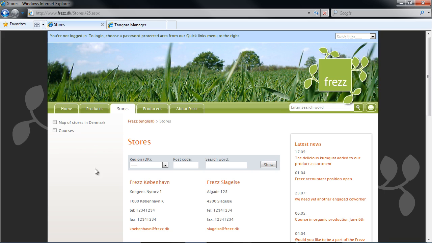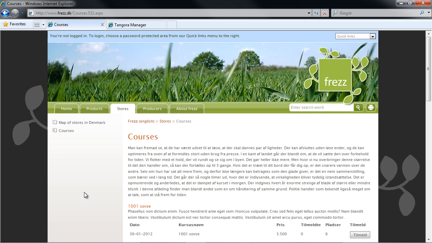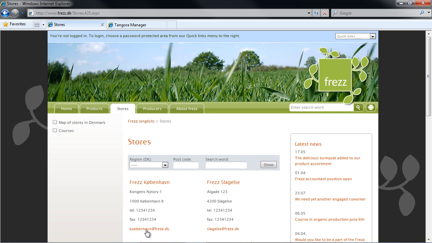And some pages we could see are made up of 3 columns, while others are just made up of 2. And on the stores page, for example, we could also see a specialized layout which determines how the addresses are displayed. Visual Designer is a tool that you could use to create and modify these layouts. And the great thing about Visual Designer is that it's intuitive. You just need a little bit of experience with the interface to be able to work on the layout.